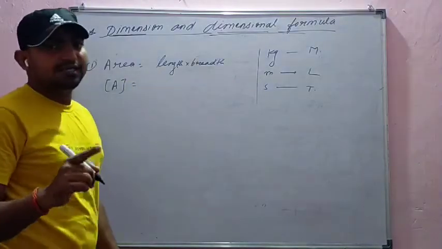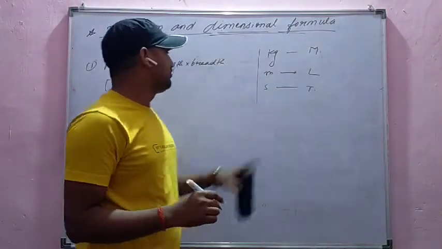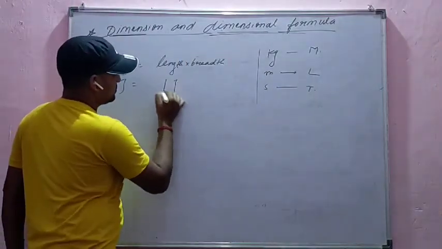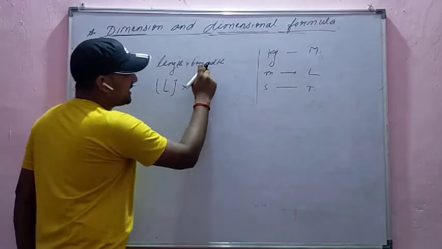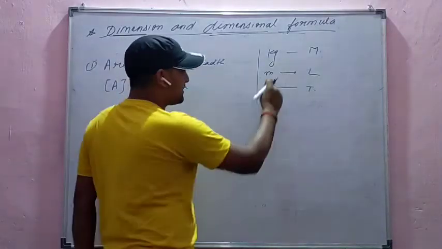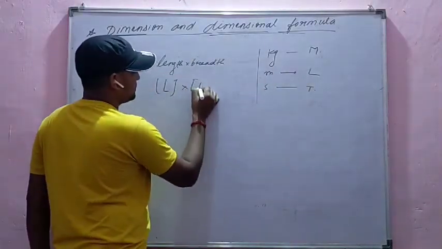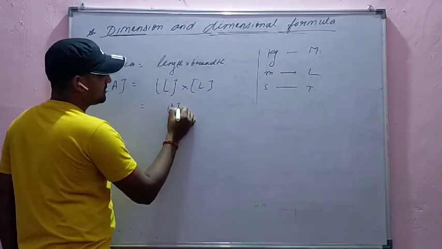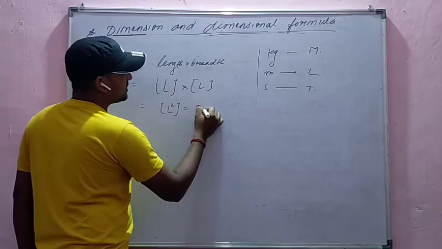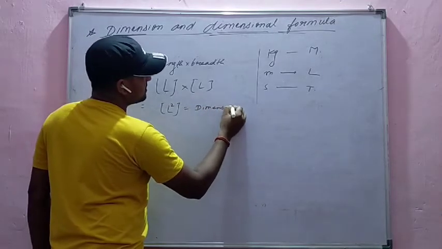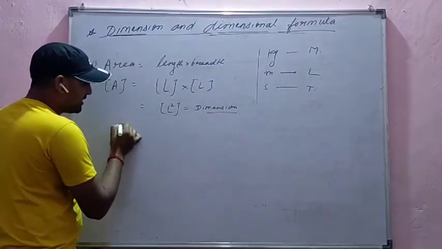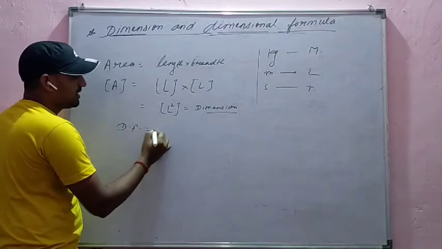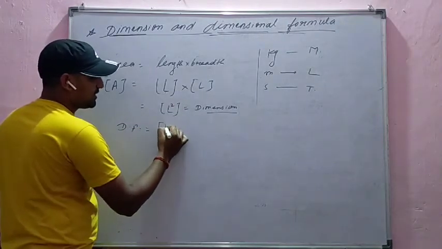Length is measured in meter, and the symbol will be L. Breadth is also measured in meter, symbol will be L. Therefore, it will be L into L, which is L square. This is the dimension. But when we are writing the dimensional formula, at first write